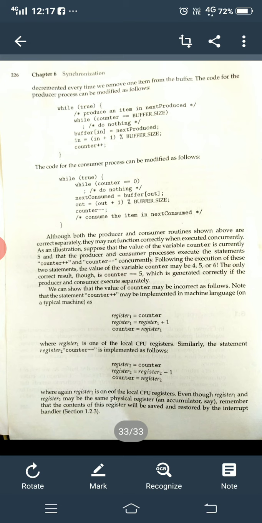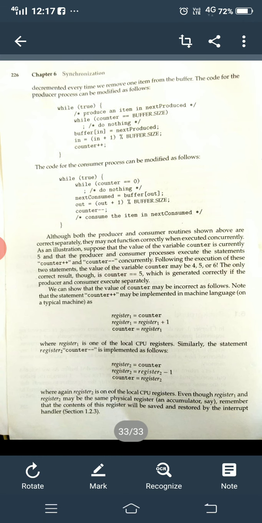For example, one process may update it by incrementing, another process may update it by decrementing. So whether the shared variable should be updated as incrementing or decrementing is the question. This condition is called the race condition, where two cooperative processes are executing simultaneously and modifying the shared data.